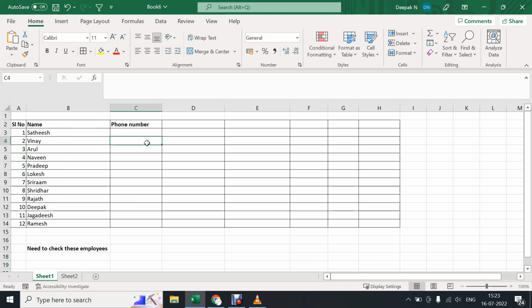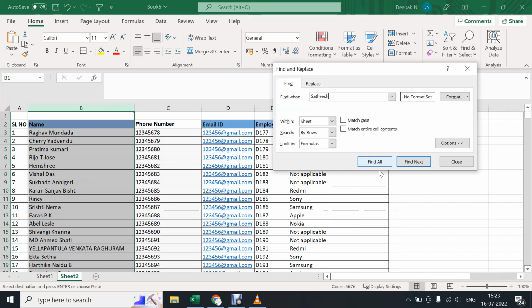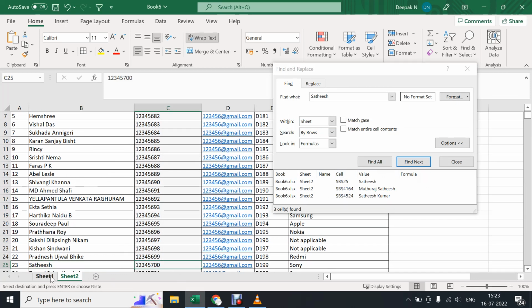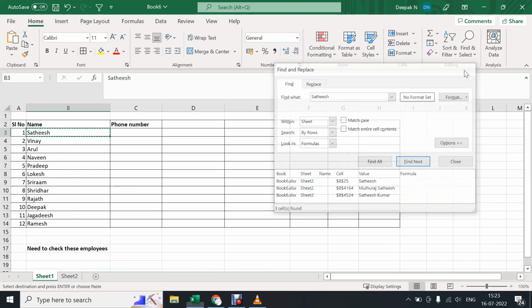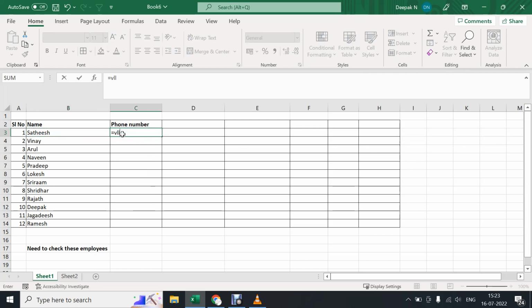So without the formula, how are you gonna check that out? You'll be copying this manually. You'll come here, paste it, and you'll have, let's say, Fendal. You'll copy this and you'll paste it here. So that would be a very tedious process. So what we can do for this particular task, we can use the formula called VLOOKUP. If you hit tab, it will by default take that full formula